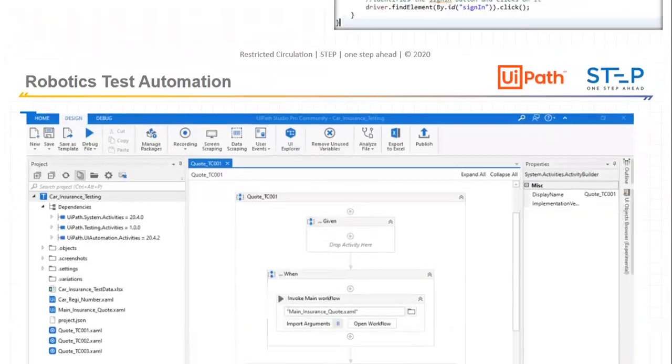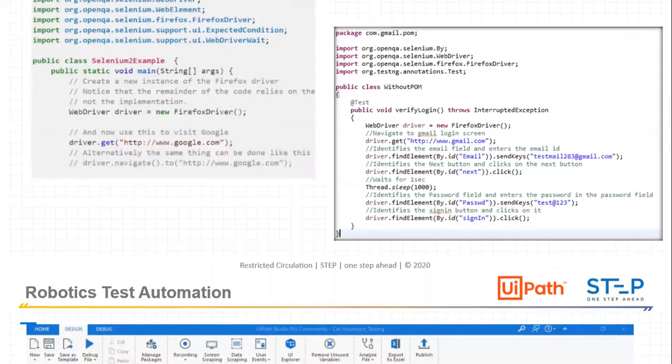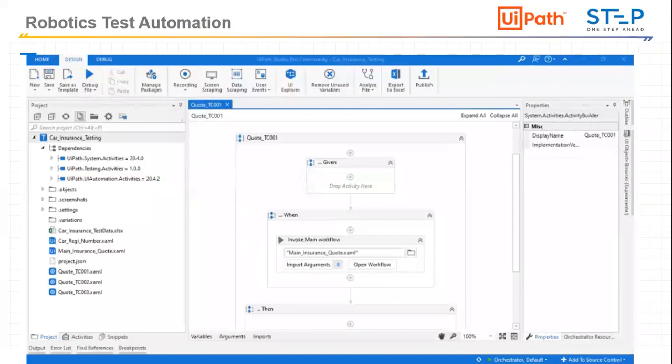And for traditional automation you need a coding language. Here you don't need the coding language. Here the only need is understanding of the application and understanding of logic, like if this will happen then what is the next, if this will happen then else what the application will do. So that type of knowledge we will be needing.